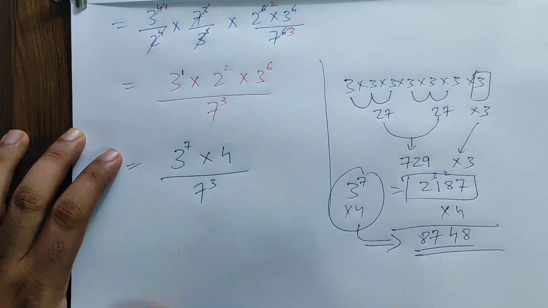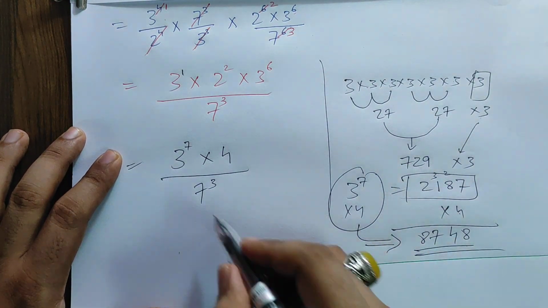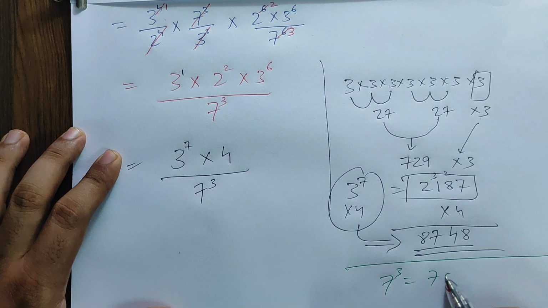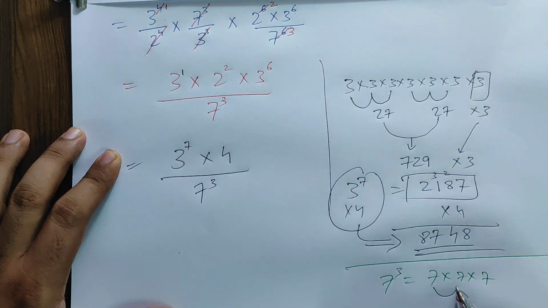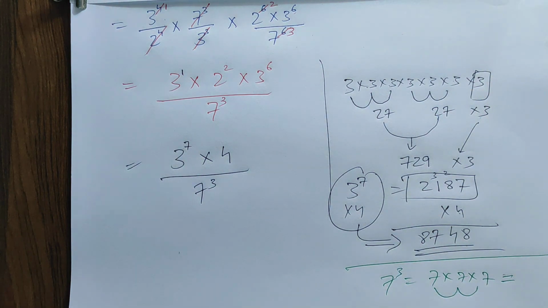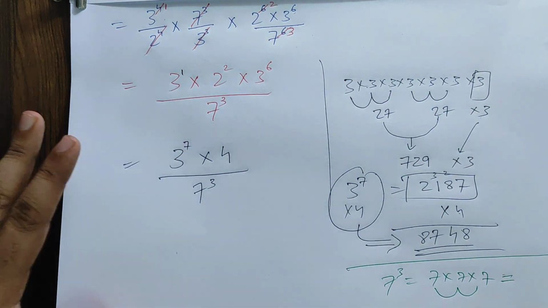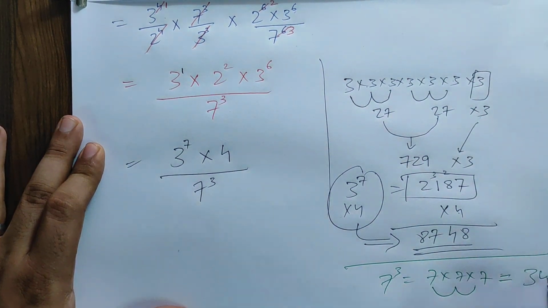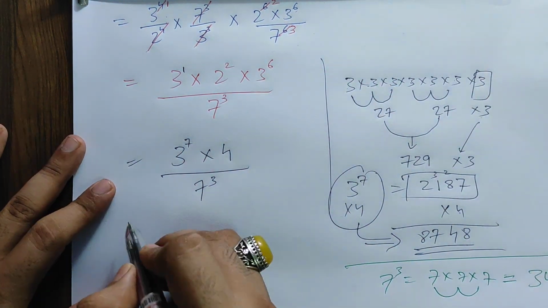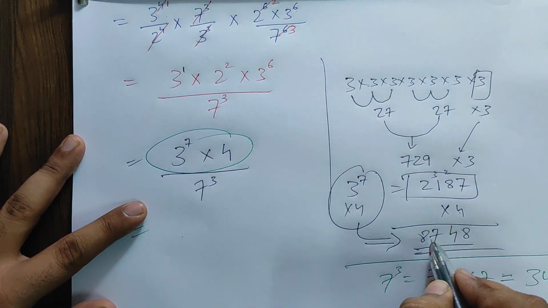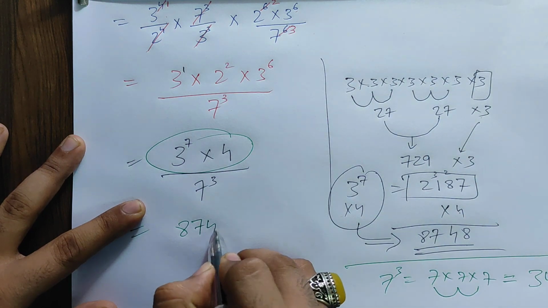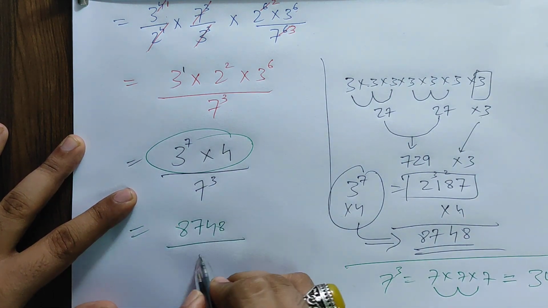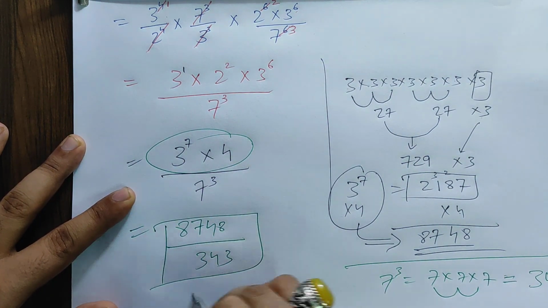Okay. And about the denominator, in denominator I have 7 raised to 3, which is 7 into 7 into 7. 7 7s are 49 and 49 7s are, all of you, it comes to be 343 please. 343. So it's 343 everyone. So answer is, in the numerator answer is 8748 and denominator ka answer is 343 please, all of you.